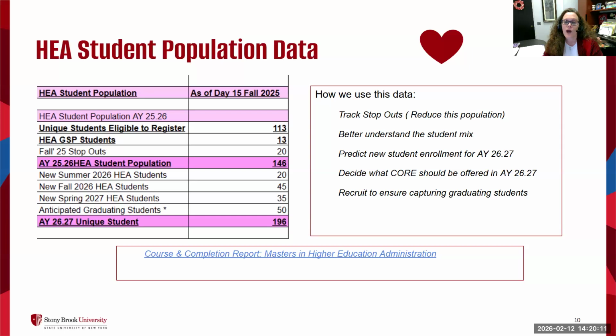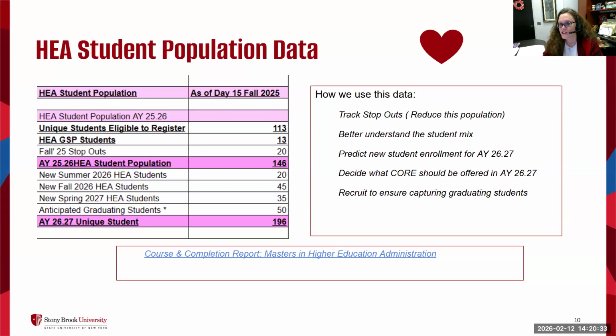So how we use this data, as I talked about, we track the stopouts and reduce the population. I must talk about the impact. We have an impact slide, so I'll wait. We know our students, and we can better understand the student mix because of this report. We use it as a predictor for new enrollment. And then we can